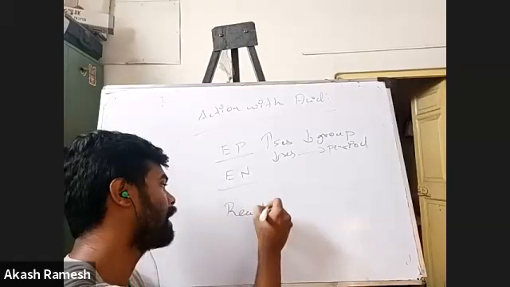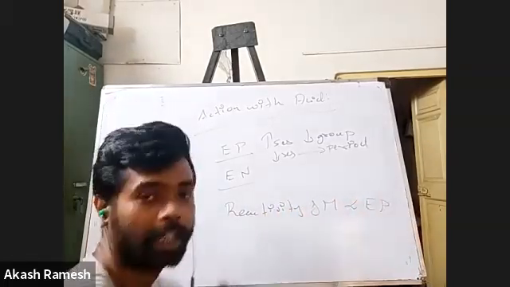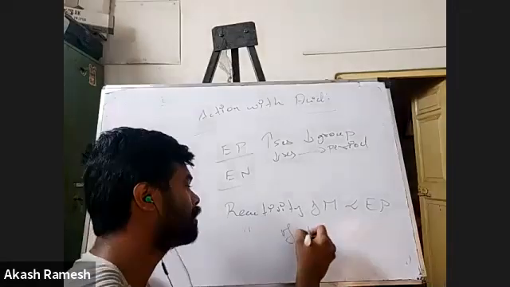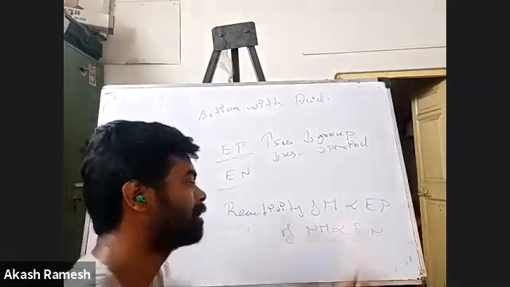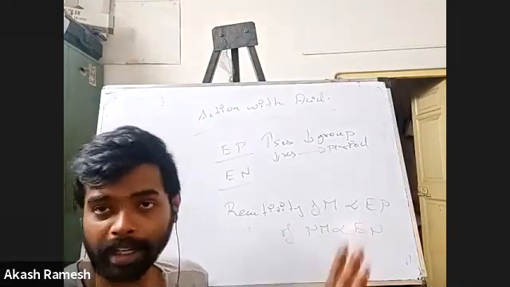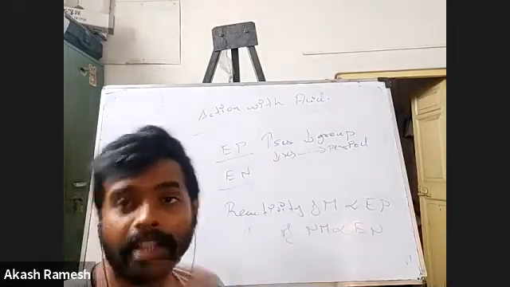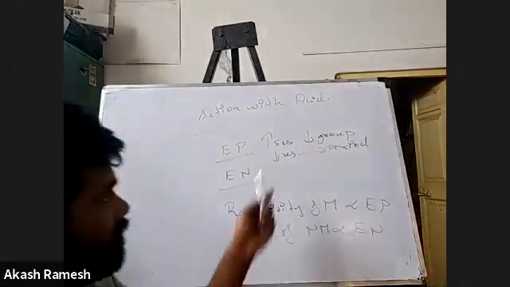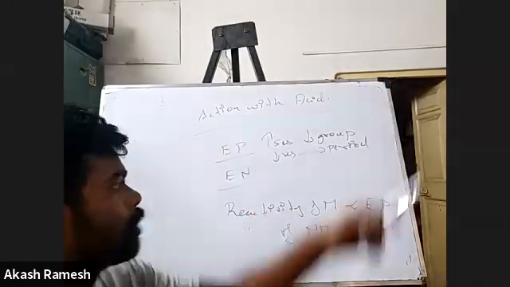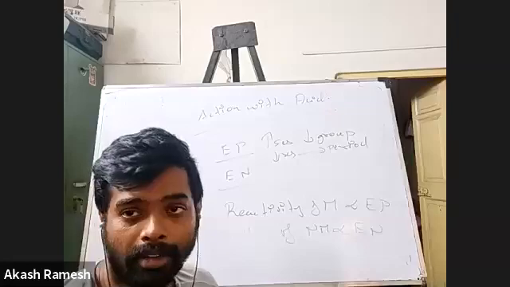Okay, so reactivity of metals is directly proportional to their electropositivity. In the same way, reactivity of non-metals is directly proportional to their electronegativity. If you can understand this, then you will be able to easily say which is more reactive and which is less reactive. And what is the reason for this is the next question. Why is it that when I go down the group, the electropositivity increases, and when I go along the period, the electropositivity decreases? Is that the question you have to answer?